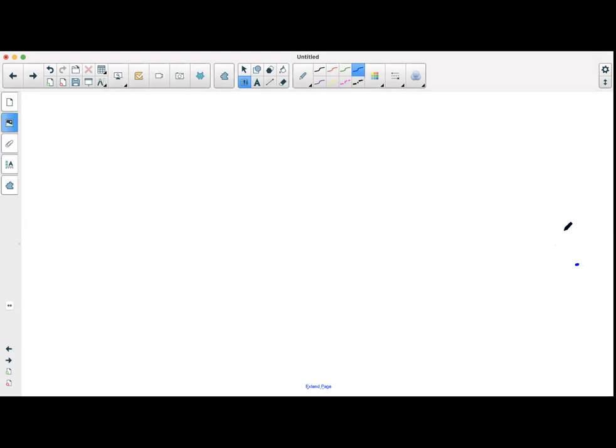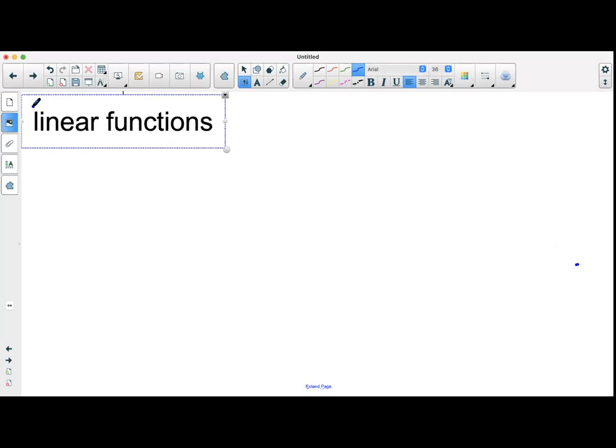Alrighty, guys. So today we're going to talk about linear functions a little bit. In fact, linear functions are rather simple, but yet they do come up a lot, and it is quite interesting that many of us do struggle with linear functions time after time. So let's look at how we can approach the concept of linear functions. First of all,